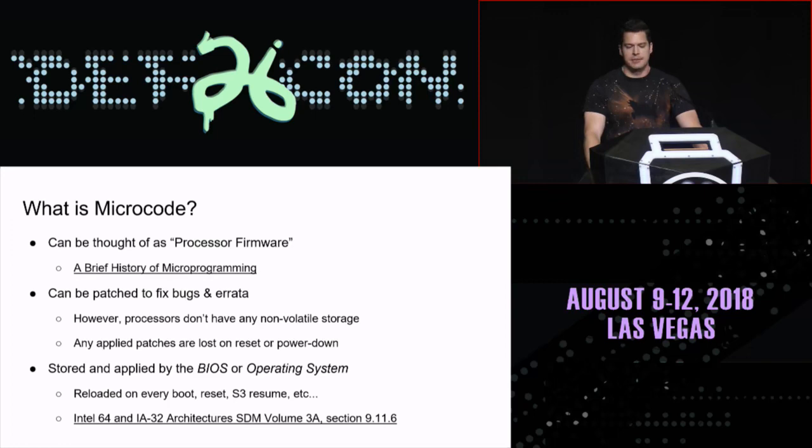But like other kinds of firmware, it can be patched, and it happens semi-regularly to fix bugs and other errata, and this was not really any different. Spectre wasn't using any new capability in the CPU that didn't exist before. It was just using the standard microcode patch to add the new capabilities. The big difference about microcode versus other types of firmware,